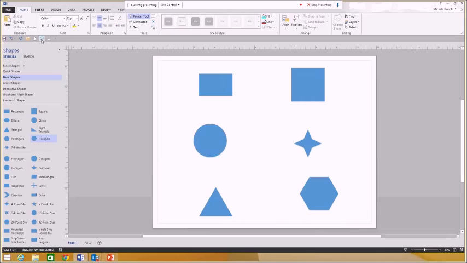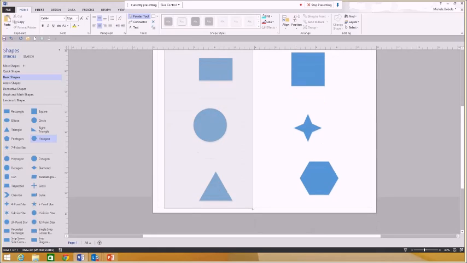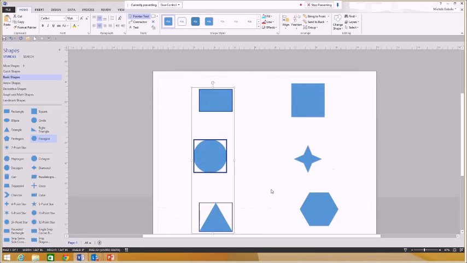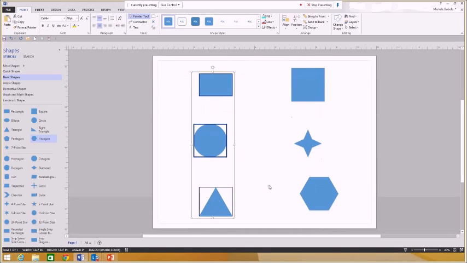And it's a command that used to exist in the older versions. They just don't have it. And it's an important button to me, so I like to use it. So now I'm going to select the first column of shapes, and basically if I go to, before I do that though, I'm going to have you go